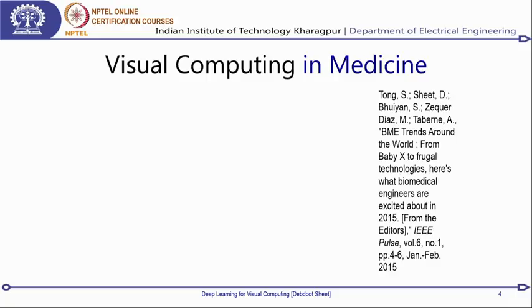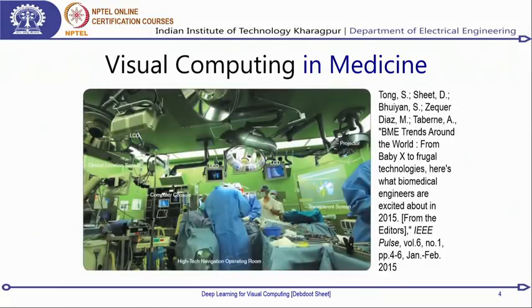So visual computing would definitely be one of the major impact makers in the field of medicine itself, and this is from one of our earlier articles which we had published on the future of operating rooms. And this is what a future operating room looks like, though this is from a real one which is already on a prototype test scale, realized for showing the world how a futuristic operating room would look like,